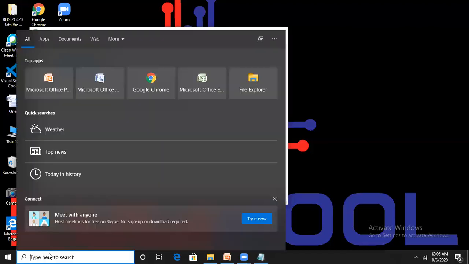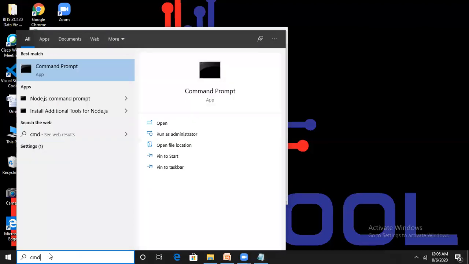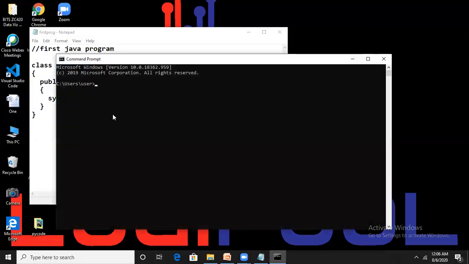Now go to a command prompt. Go to our directory, cd desktop, then cd, simply type JA and press Tab.